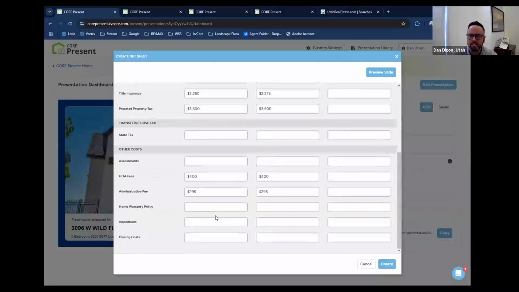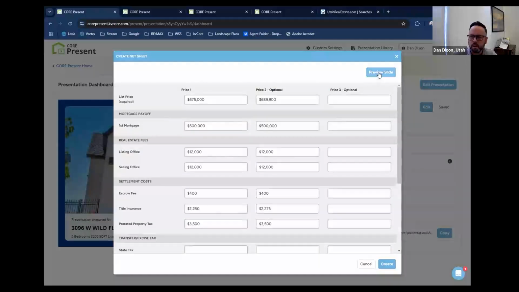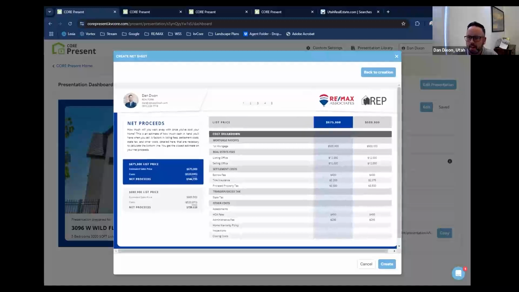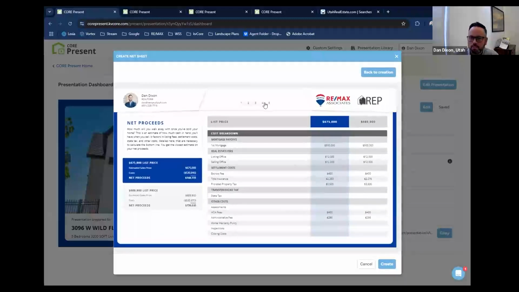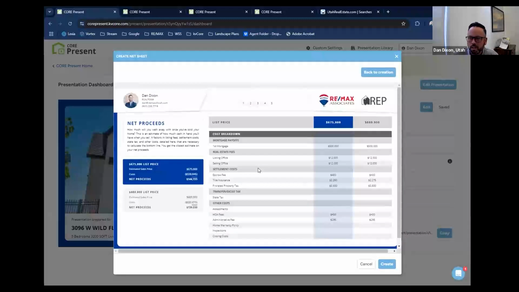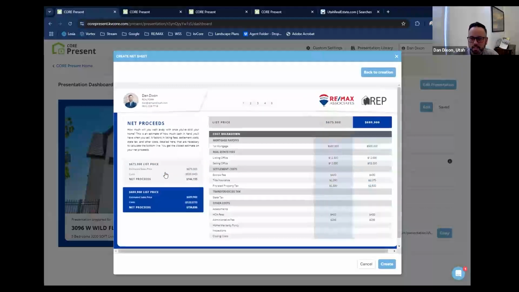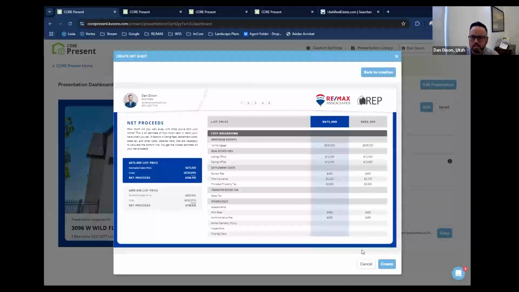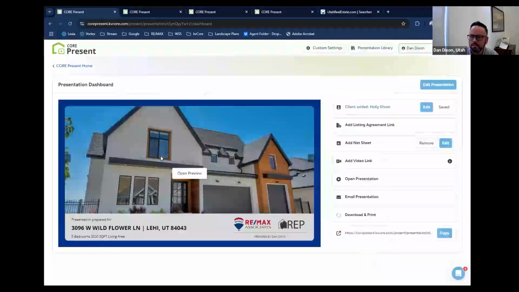So I've created this. Let me preview this, to see how it looks and make sure I want to add that. This is doing that weird thing. It does do this occasionally. But this is a cool slide, so let's use that. I think it's because my screen is smaller than it normally is because I'm sharing it. So that net sheet's cool.